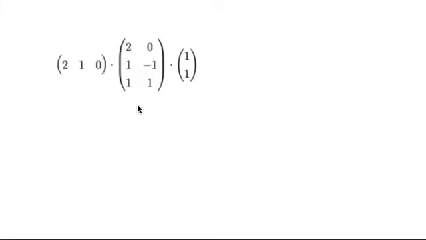Let's take a look at this matrix multiplication as the result of a bilinear transformation. What does it mean to be a bilinear transformation? That means there's two vector inputs. Look, there's a column vector input and a row vector input. And,